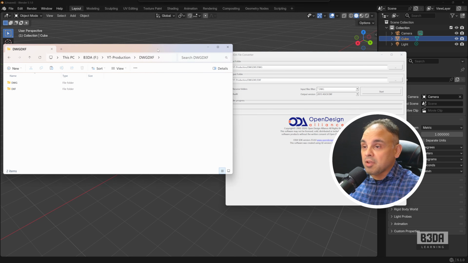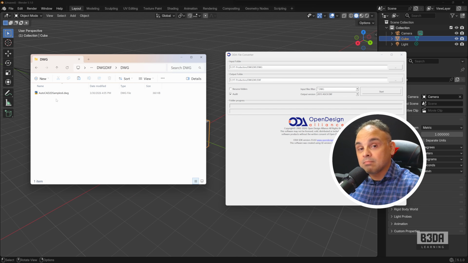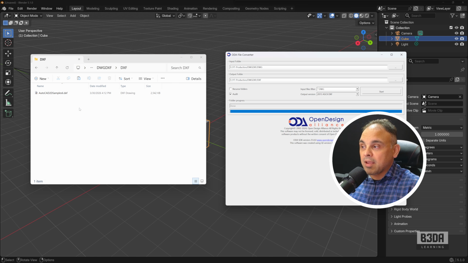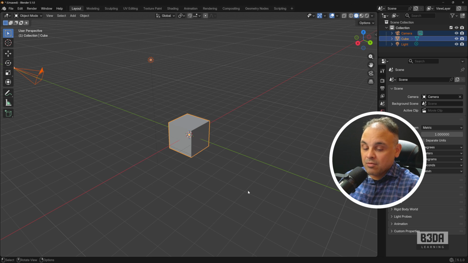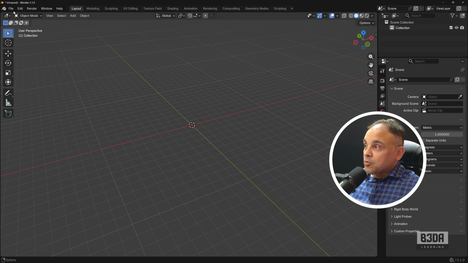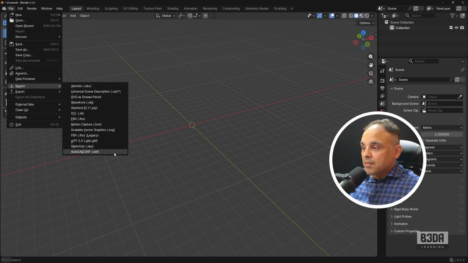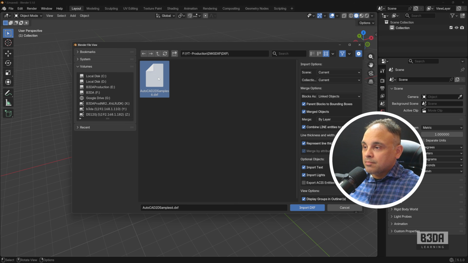Let me bring the folder here so you can take a look. This is what I have. I have a DWG file here, and my DXF folder is empty. If I press start here, it will convert the file, and as you can see, we now have a DXF file. So we can try to import that to Blender now. Let me remove everything here from my 3D viewport. And now if I go to the file, import AutoCAD DXF, I'm already in the folder. Select the DXF file, hit import DXF,